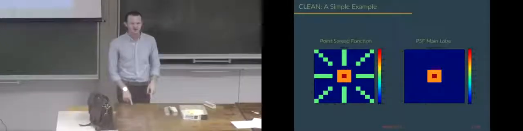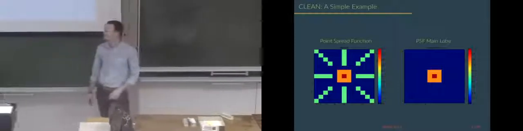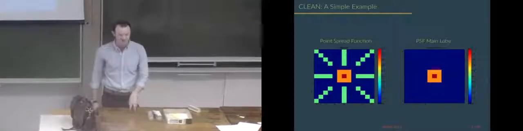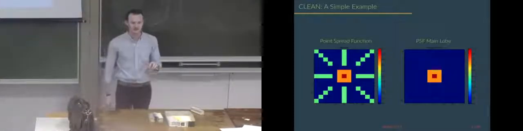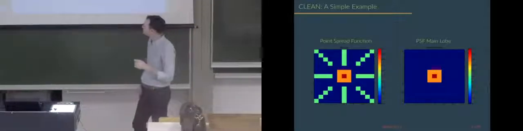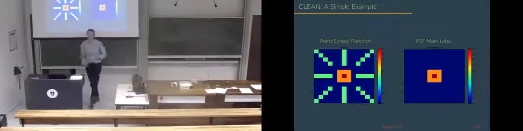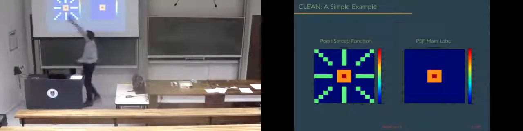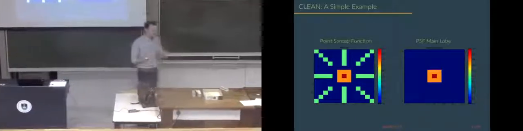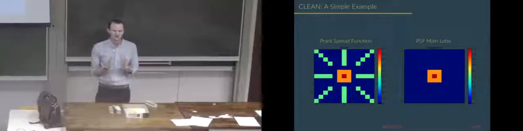Right. So the next assignment, which I'll send out to you guys at some point this week, is you will have to implement portions of a CLEAN algorithm. And the one you'll implement is part of Clark. But key to the whole deconvolution aspect is you have this point spread function with these ugly side lobes that aren't real, that are geometrical. This main lobe here is much smoother, it's usually fairly Gaussian, and what that represents is your effective resolution of your array.